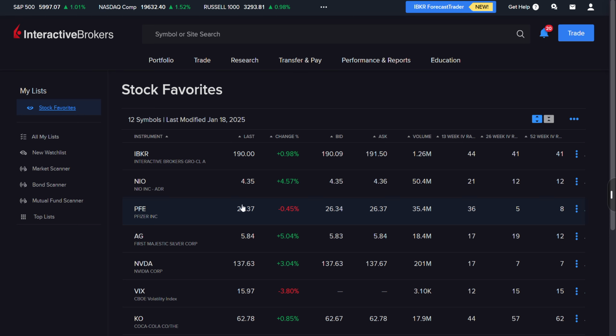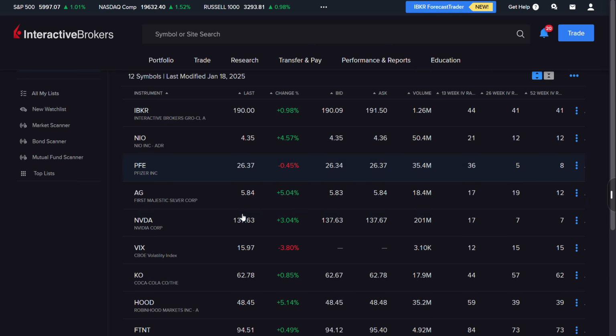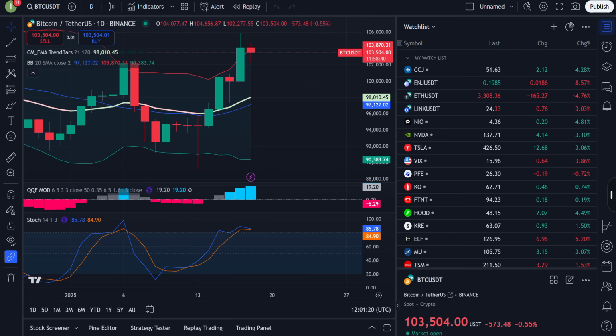So once we know this principle, so the next question is, what are the factors that will influence demand and supply? So I think there are quite a number of factors here at play. So let me just give some of my insights. One of the factors that influence demand and supply is definitely technical analysis. So let's say we use charts and historical price data to predict future price movement.